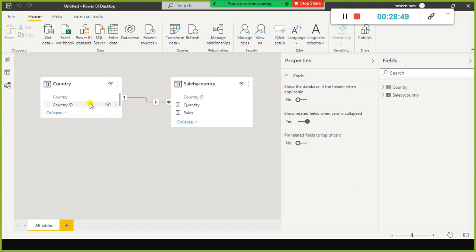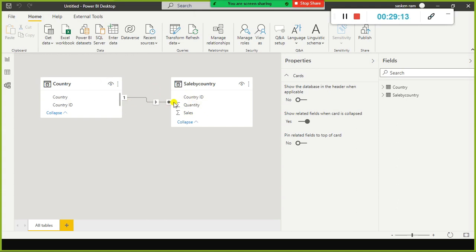So one means this table will have a unique value for the country ID. But on this side of the table you can see a star symbol. That means this table will have many records, multiple records for each country.